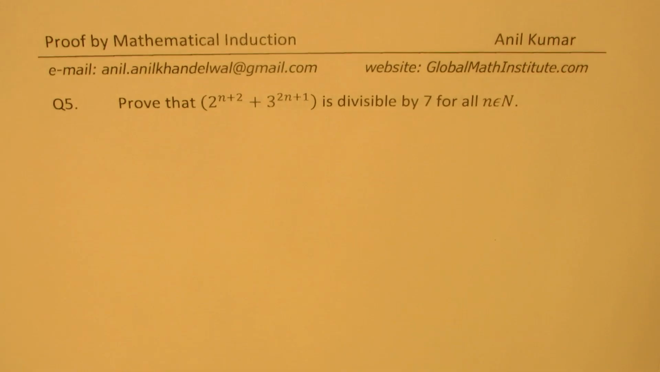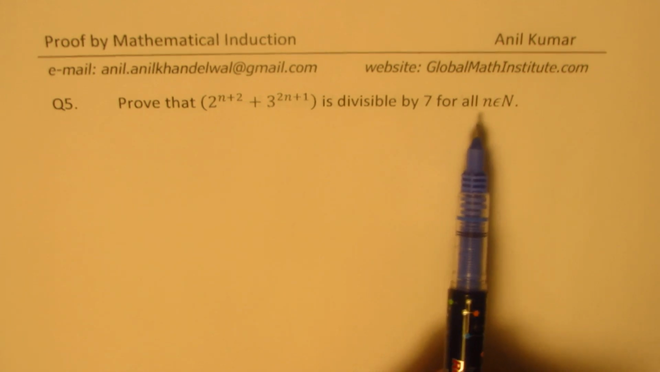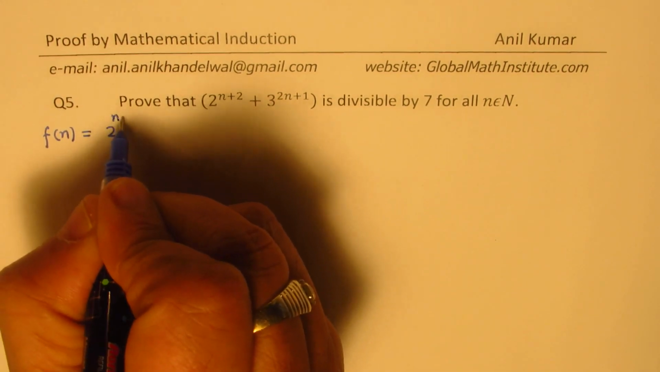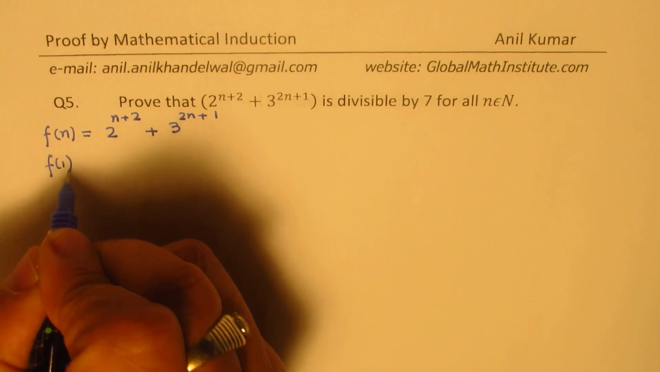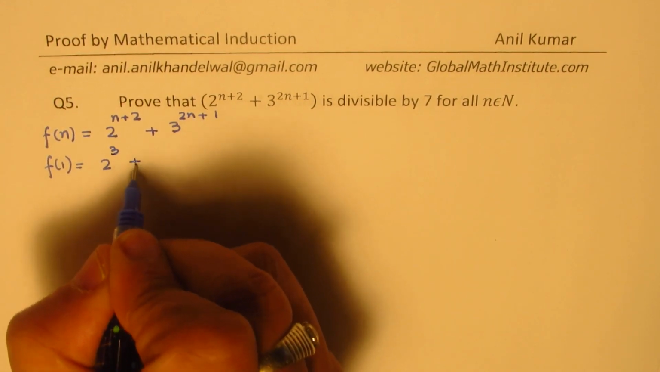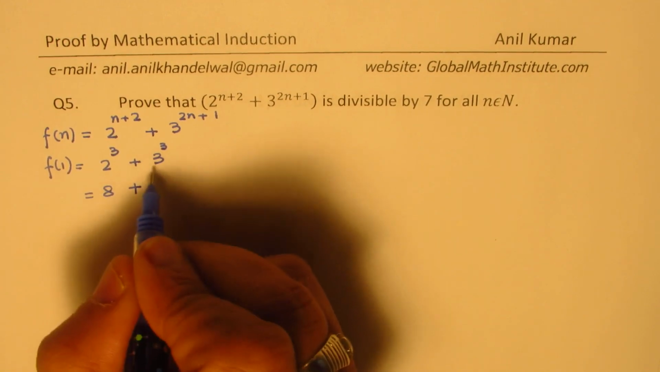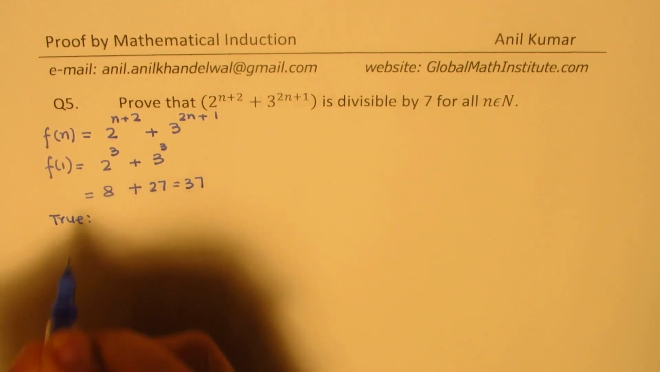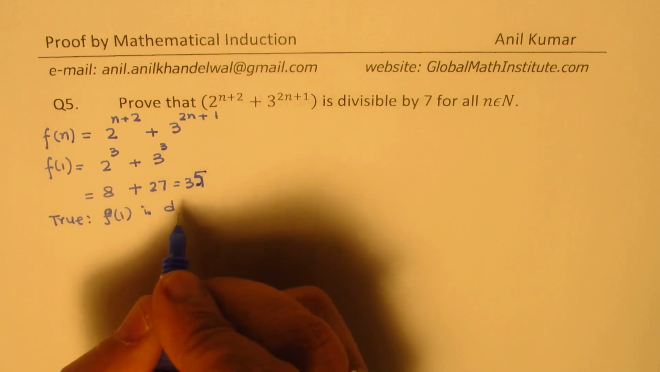Now let's take question number 5. Question number 5 is to prove that 2 to the power of n plus 2 plus 3 to the power of 2n plus 1 is divisible by 7 for all values of n. So again, we'll define our function f of n as equal to 2 to the power of n plus 2 plus 3 to the power of 2n plus 1. So what is f of 1 equal to? F of 1 will be 2 to the power of 3 plus 3 to the power of 2 plus 1, which is 3. Now this is equal to 8 plus 27, right? So which is 35. And so we find that it is true that f of 1 is divisible, 35 is divisible